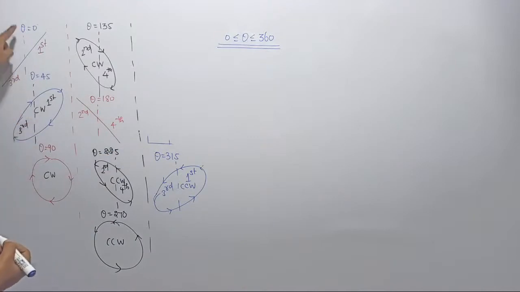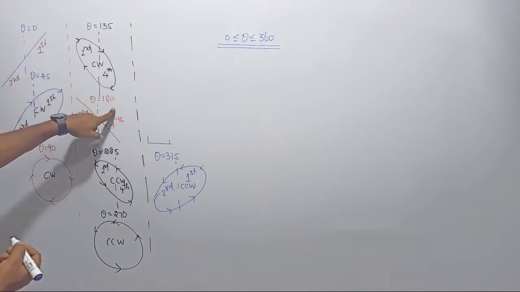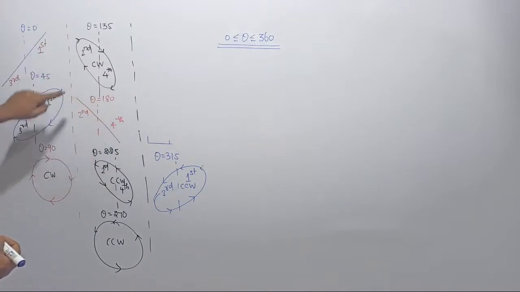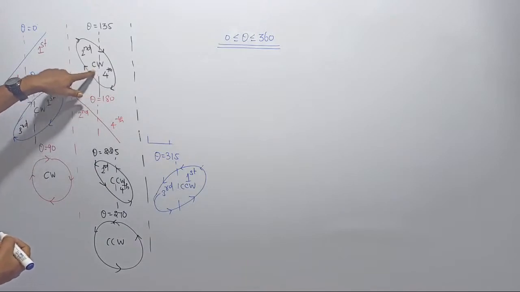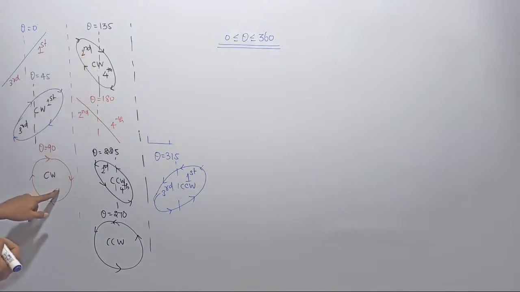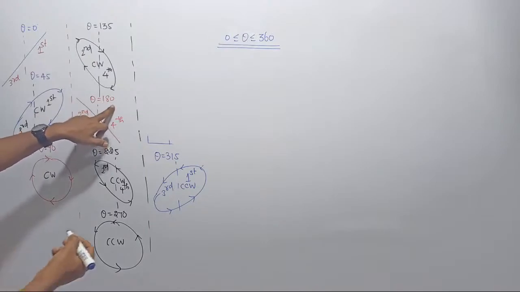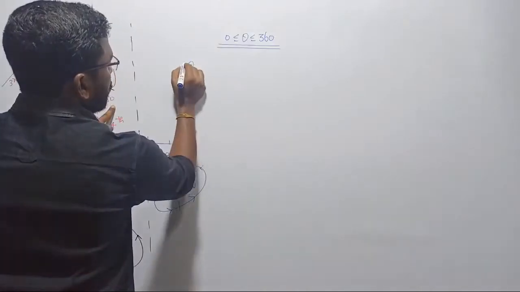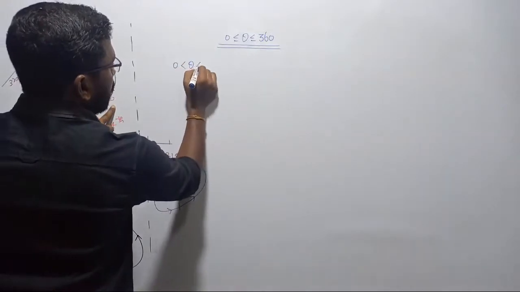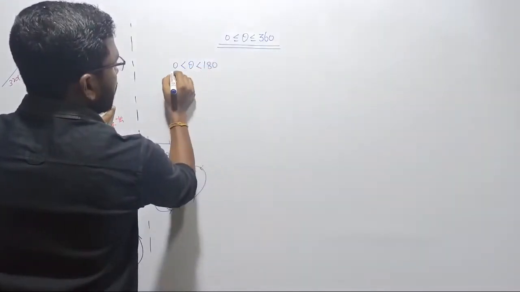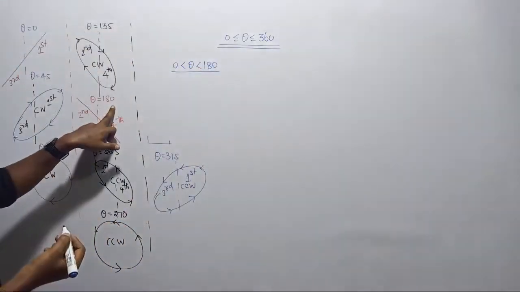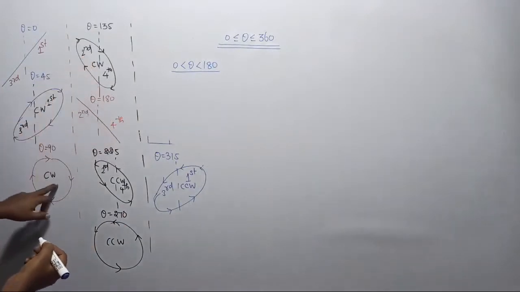Now, in between theta equal to 0 and theta equal to 180, we are getting three types of patterns on the screen. One is 2 ellipses and 1 circle. Now please tell me, not theta equal to 0 nor theta equal to 180, but I am considering in between, right? So it is greater than 0, less than 180. In between theta equal to 0 and 180, we are getting three types of patterns here.